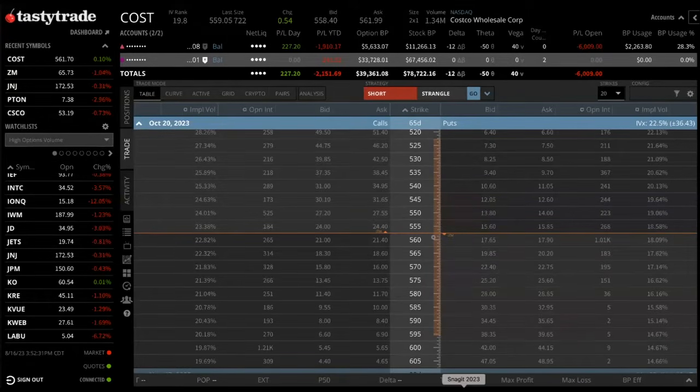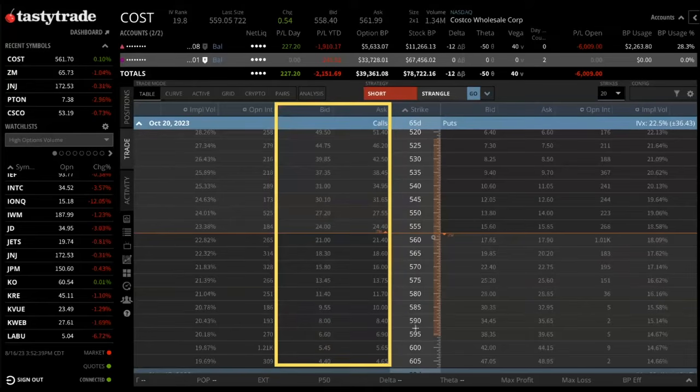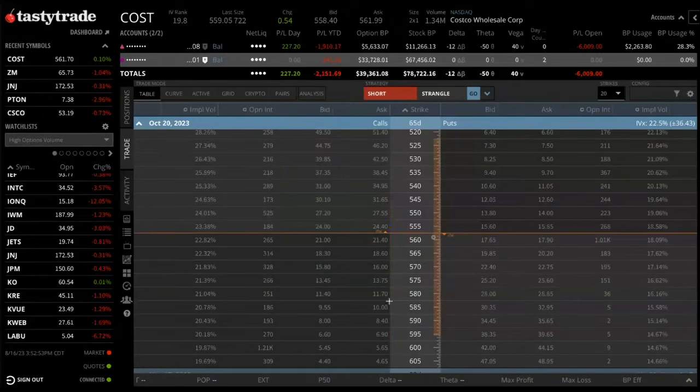And now the columns that don't change are going to be our bid and ask price for each of these. And this is important because this is where we're going to set up our trade. So just for a basic stance, if we wanted to buy a call or maybe take a bullish stance on Costco, try to see if we can profit if the price increases fast enough before time decay and other factors kick in, we could buy an out of the money call on Costco by simply